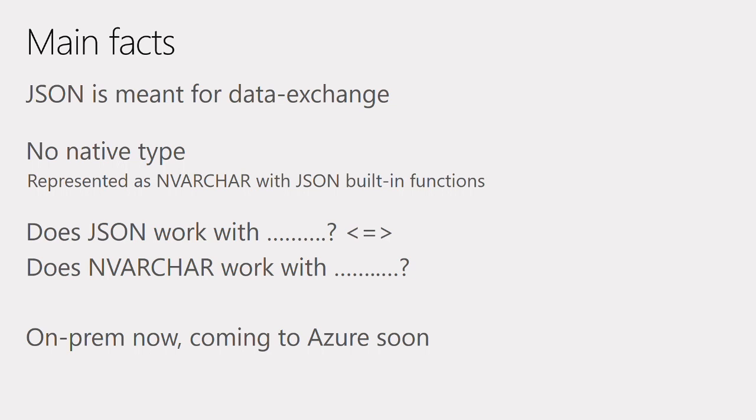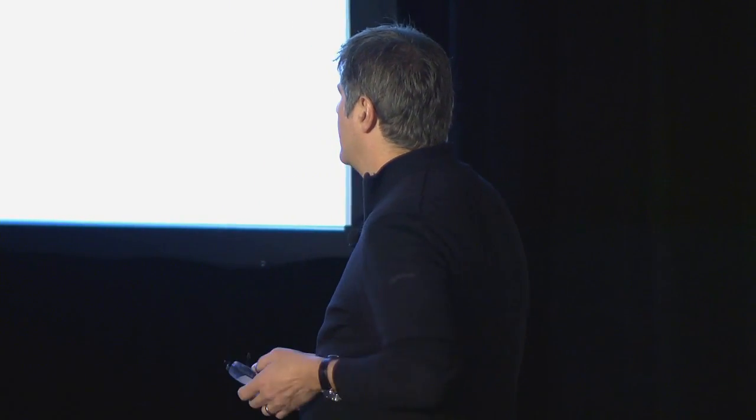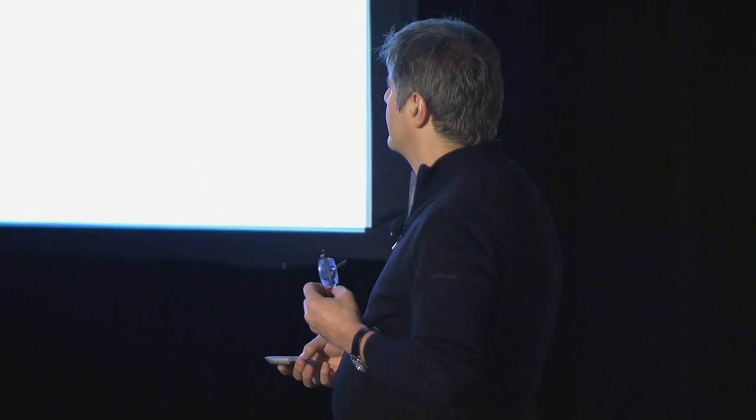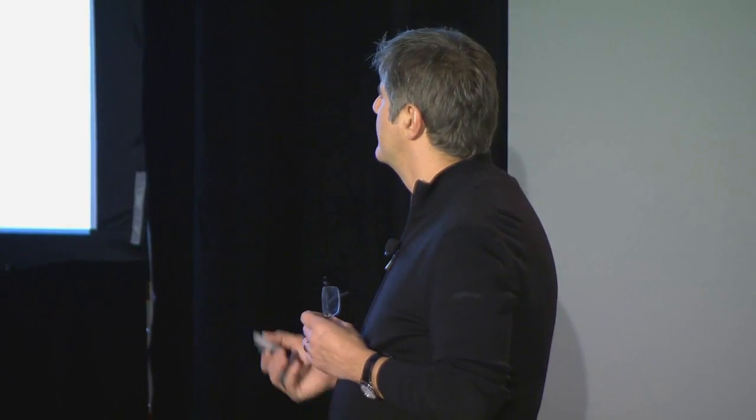We don't have a native JSON type. When you store stuff, you don't actually store JSON. But what we have is the ability to go from row to JSON, JSON to row. And if you store JSON as a varchar, then you can actually pull it out and parse it and work on it. JSON is supported on Azure SQL DB and SQL Server.